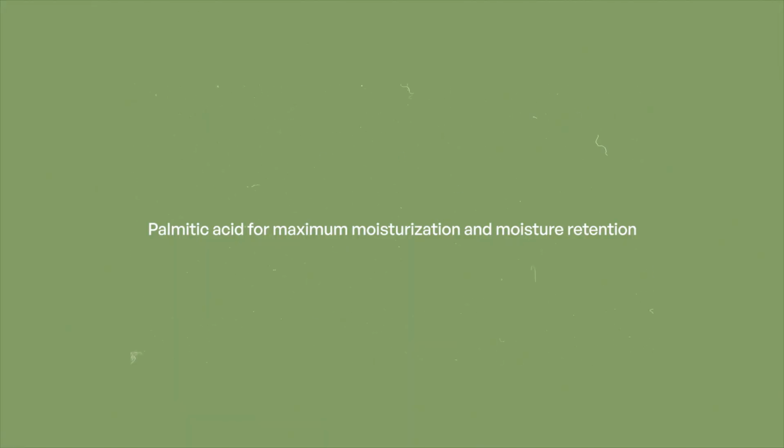Please apply this logic of this packaging, of this volume, to all your other products, because it doesn't make sense. Why are you giving us 80 milliliters of moisturizer, but with everything else you have, it's teeny tiny, teeny tiny? The key ingredients I want to point out in this moisturizer are palmitic acid for maximum